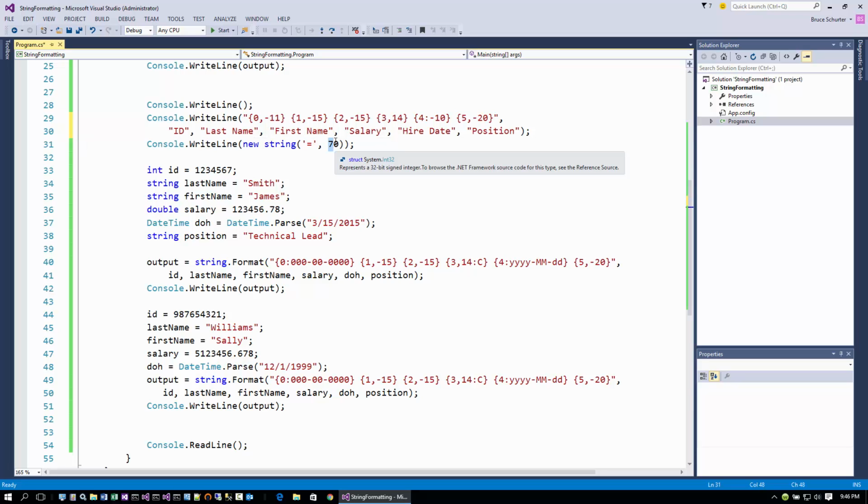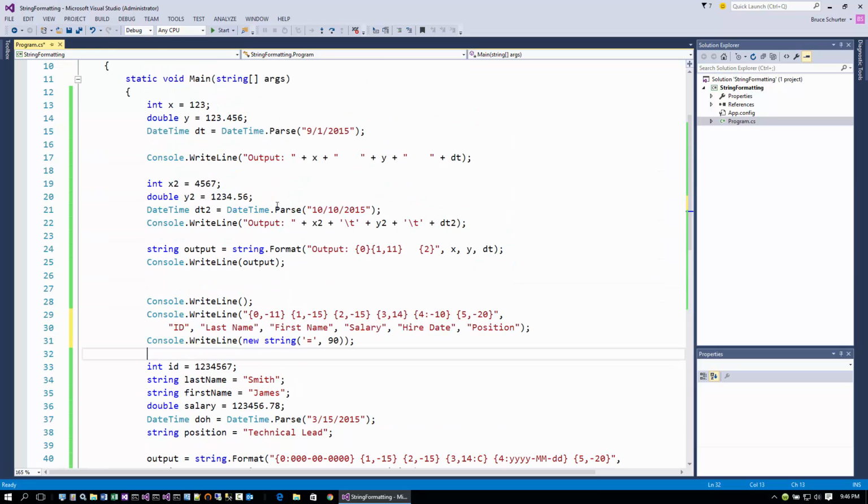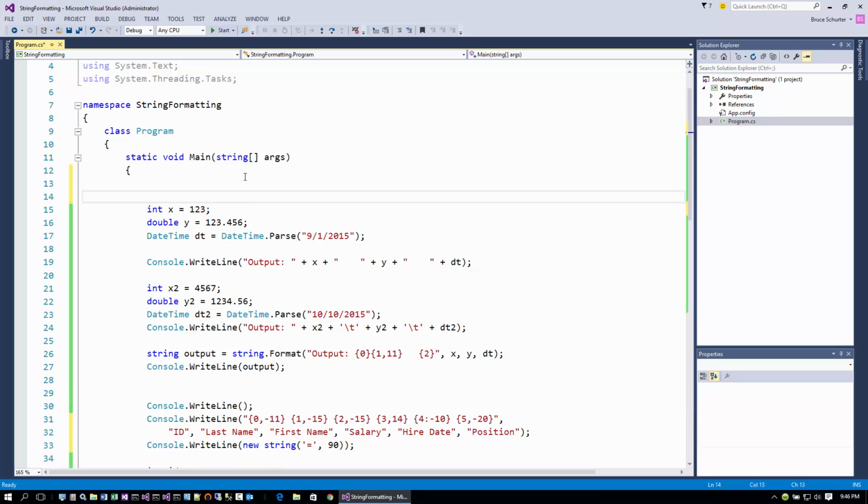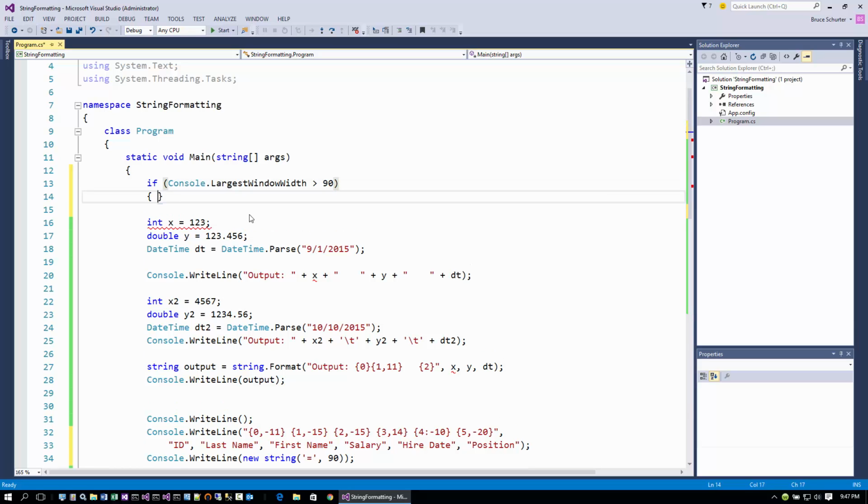Well, it looks like my console window is probably set up for 80 column width. So what I would need to do at the beginning of my console application is to check to see if the console, sometimes IntelliSense is not your friend. We have largest window width, that's what I was looking for, is greater than 90. We will say